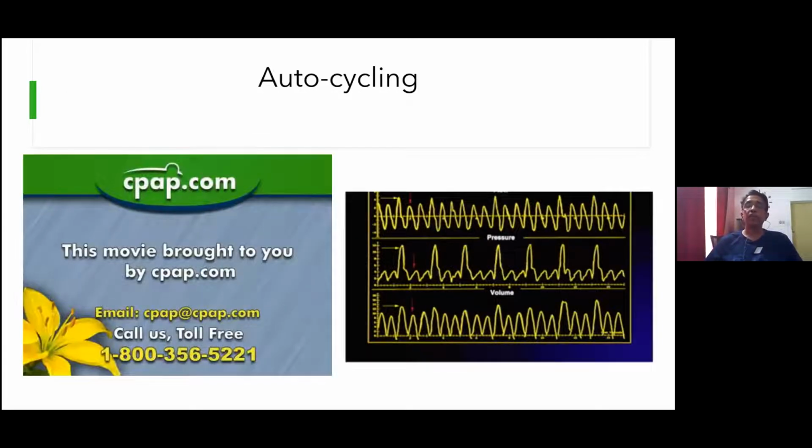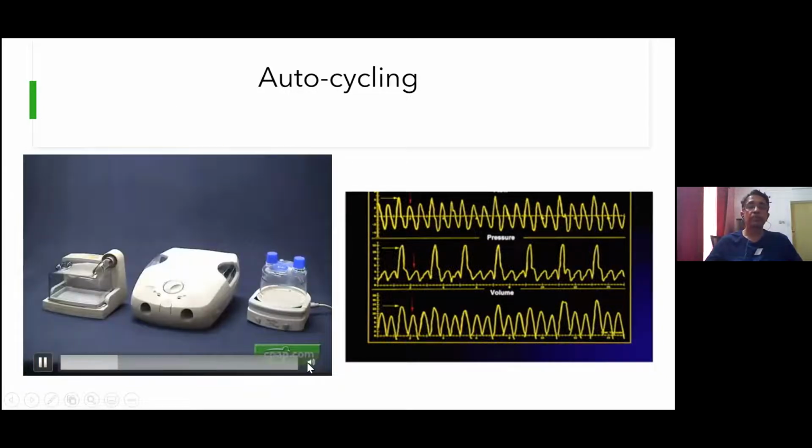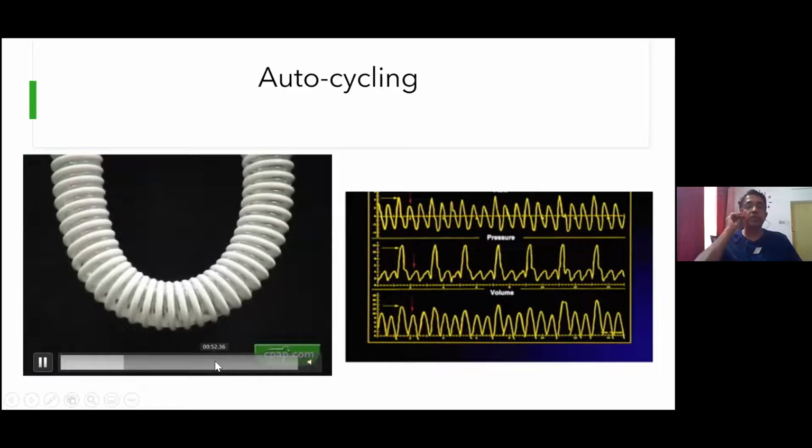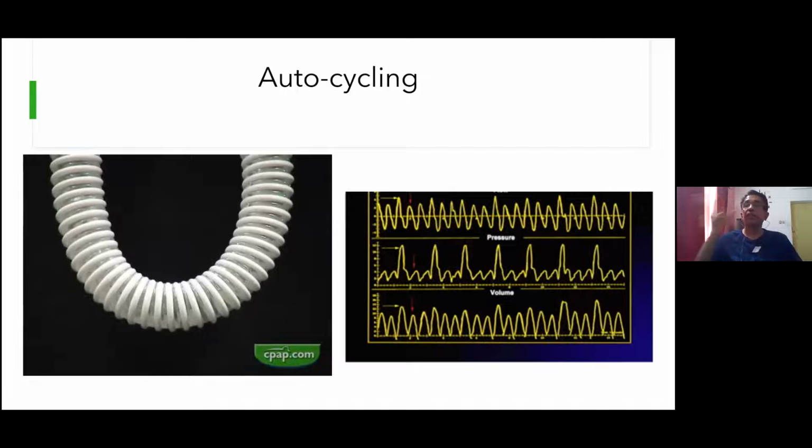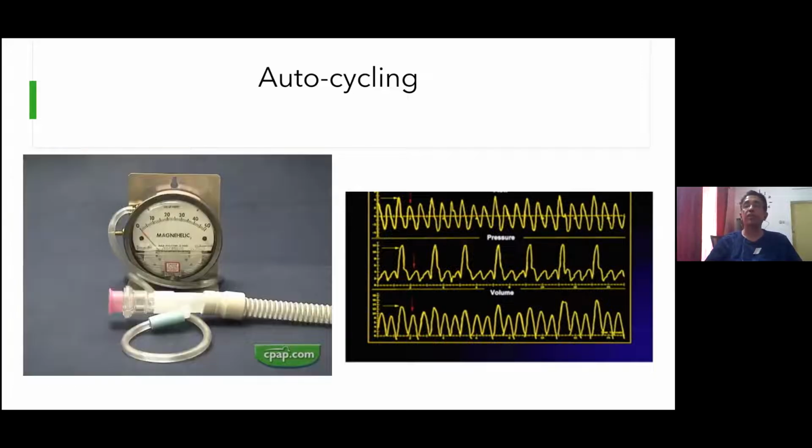The problem with this kind of mode is something called auto cycling. I'll just show you a tiny video. You can see that if there is water in the circuit and it's dangling like this, then the ventilator thinks that every movement of water like this is a signal being sent by the baby for breathing. Every time the water moves away from the ventilator, it senses a baby breath. And you would end up getting some 100 or 150 breaths supported by the ventilator.